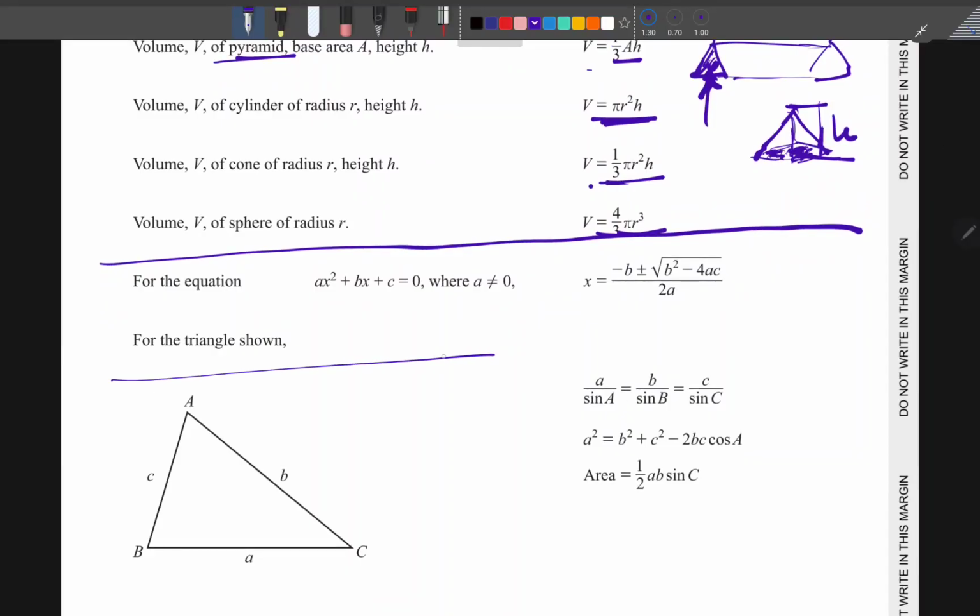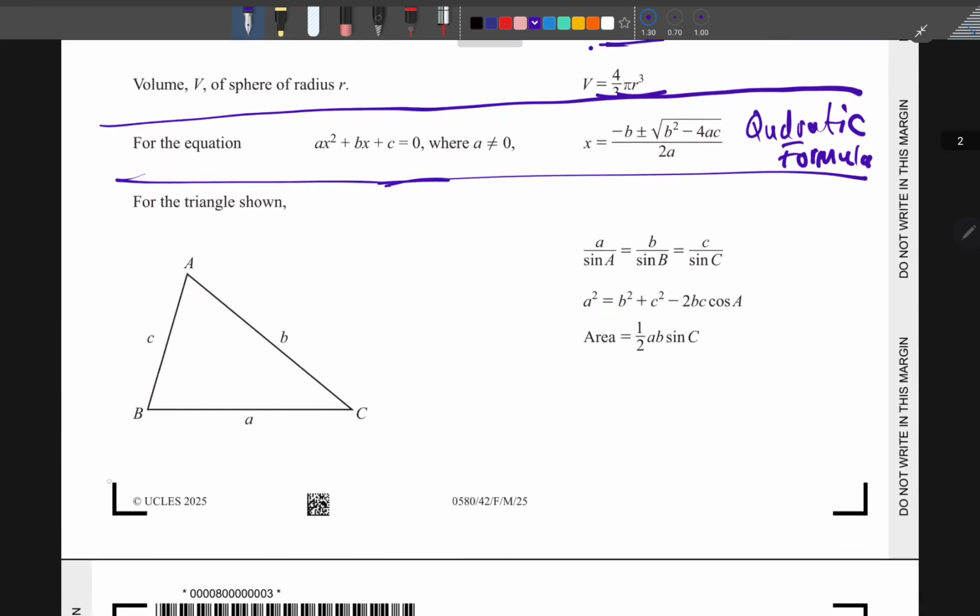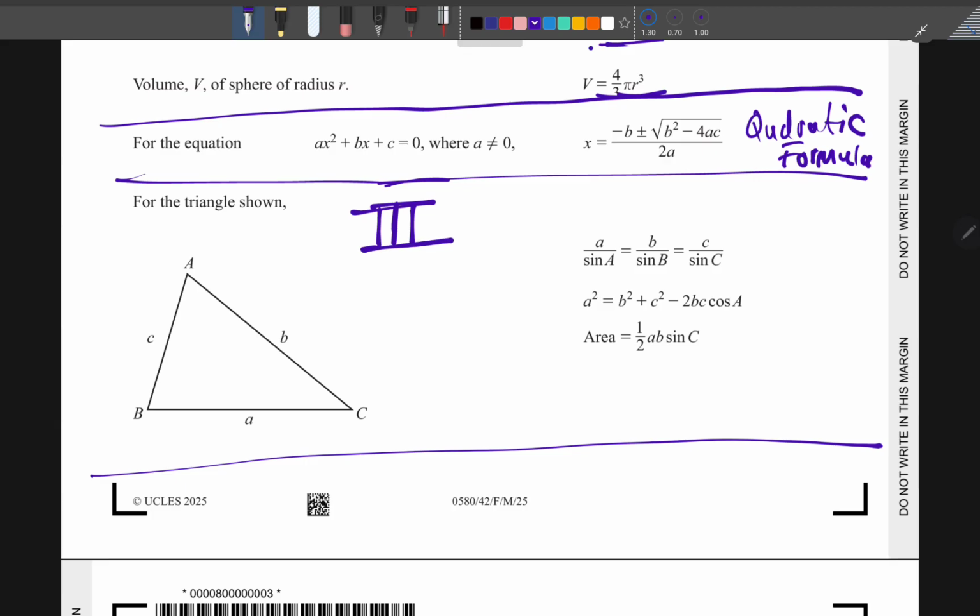Now, what do they give me here? The quadratic formula. So they give you the quadratic formula for your quadratic equation. So do you need to remember the quadratic formula? No. Where are you going to get it? From the paper. What else are you going to get? You are also going to get things from section 3 of trig. We know that section 1 has bearing. Section 2 has right angle triangles, where we talk about Pythagoras and SOHCAHTOA. If you're not good at this, you can check the things I said, or you can just watch us as we go through. I will remind you as we go through.